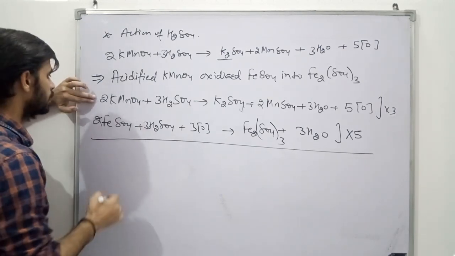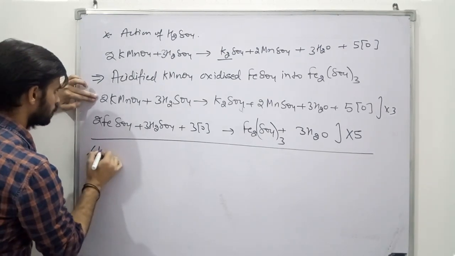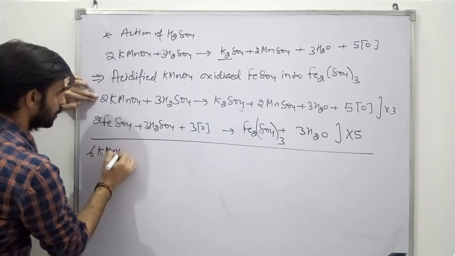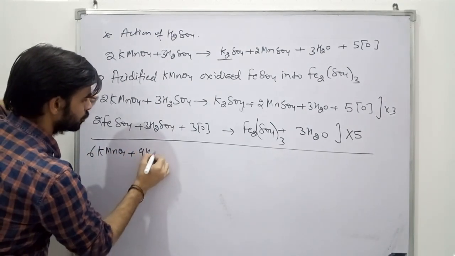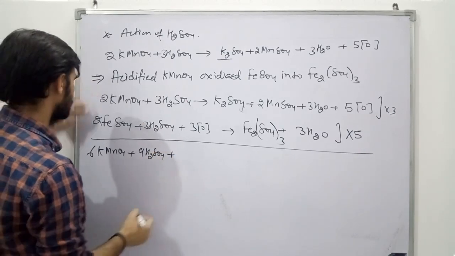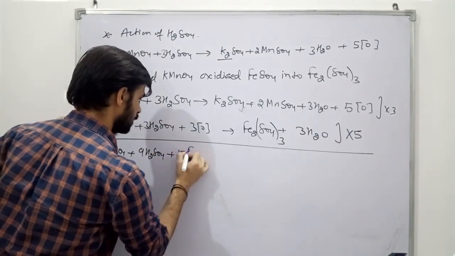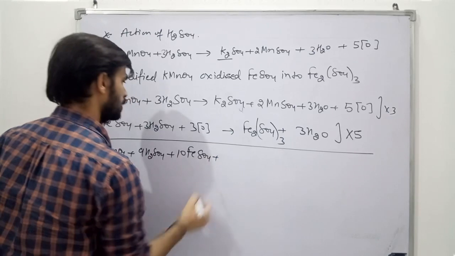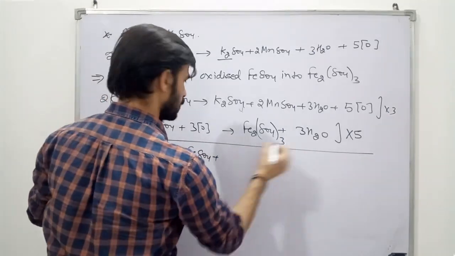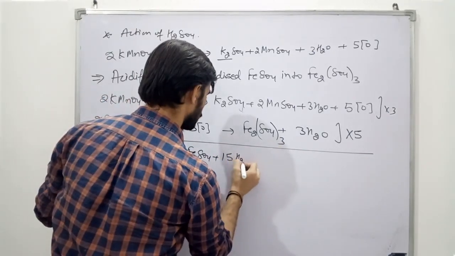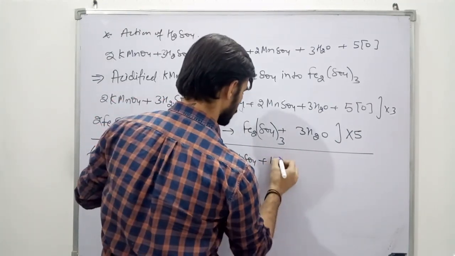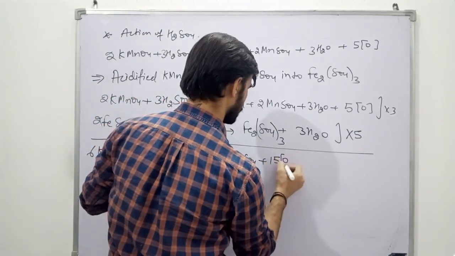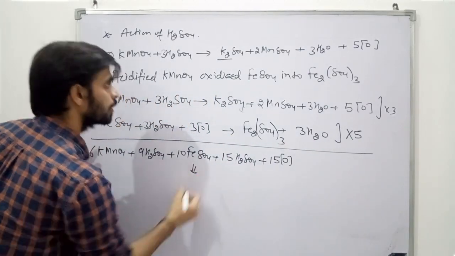So let's start: 6KMnO4 plus 3 times 3 is 9 H2SO4 plus 10 FeSO4 plus 5 times 3 is 15 H2SO4 plus 15 oxygen gives